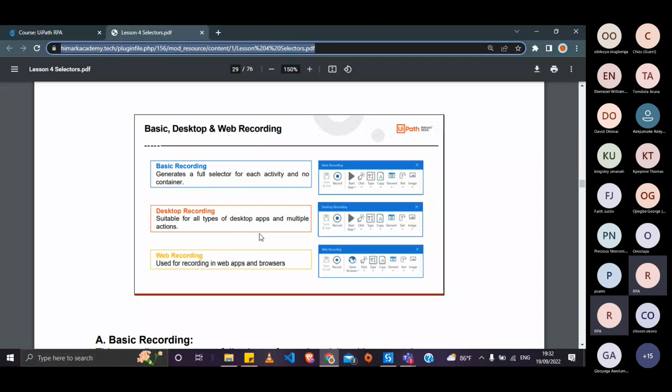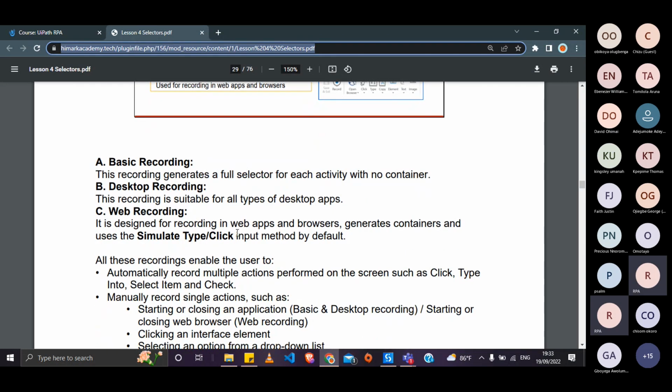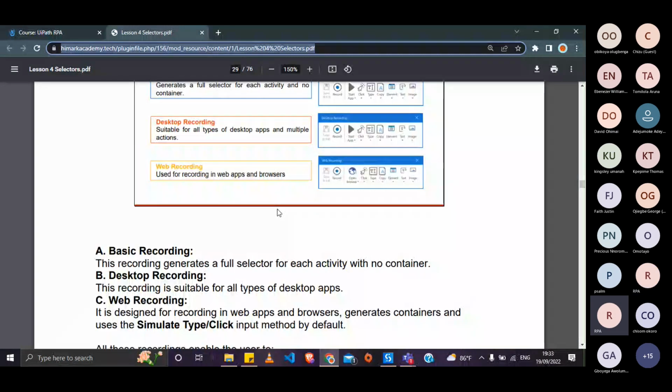Image recording is used in virtual environments. So for those who will be using UiPath Studio on virtual machines, you would have to use image recording. And image recording works with images, as the name implies. It can also work with text, but works mainly with images,